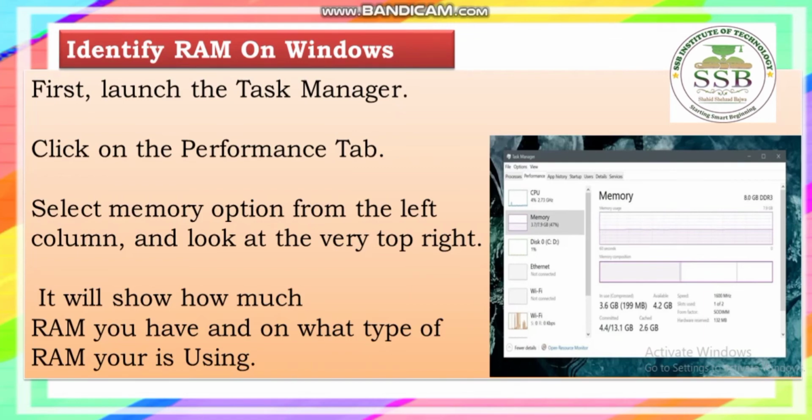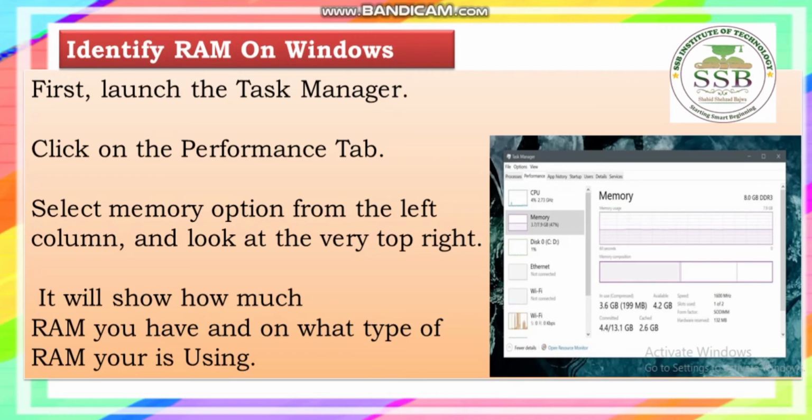Now how can we identify the RAM on Windows? That is an important thing. When you click on your performance tab, select the memory option from the left column and look at the very top right. It will show how much RAM you have and what type of RAM you are using. So the computer can also give you complete information.